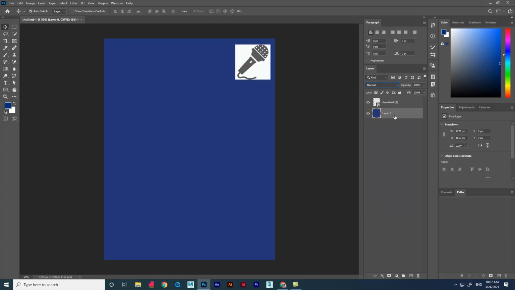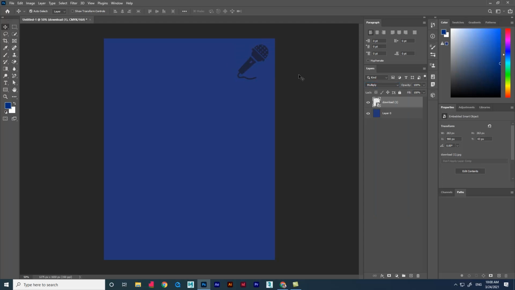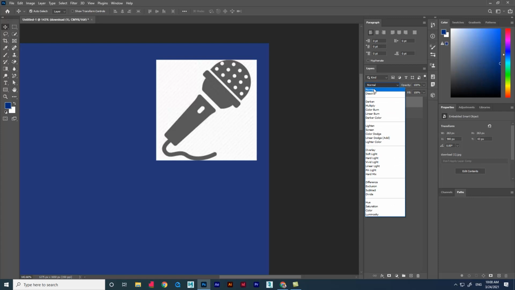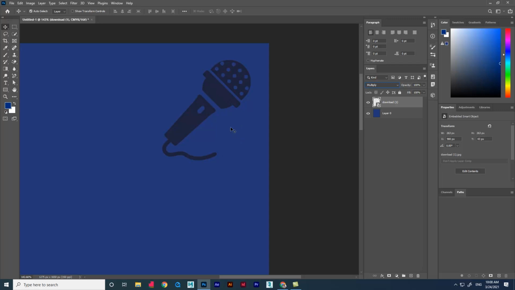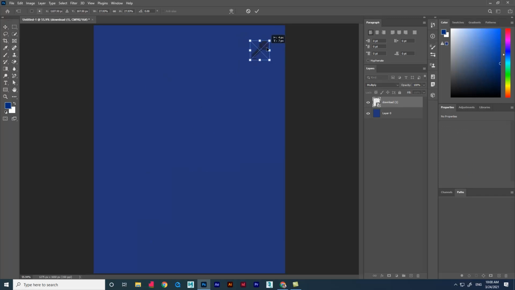As I said before, we need two layers to blend. We have the background layer and the image layer. We are going to blend the image layer with the background layer. For that, select the image layer and we are going to apply the blend mode called multiply. You can see there, after giving the multiply blending mode in the image layer, the white color in the image is removed. If I select the image and give normal, you can see we got the normal image back. So the multiply blend mode will remove white from an image. This is the use of multiply blend mode.